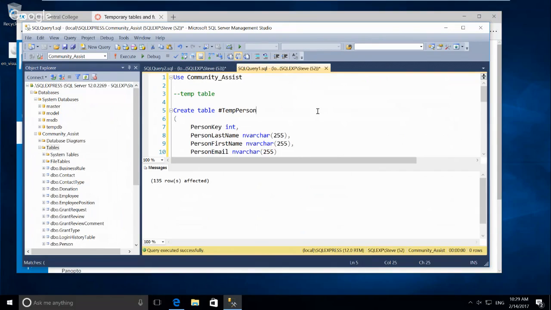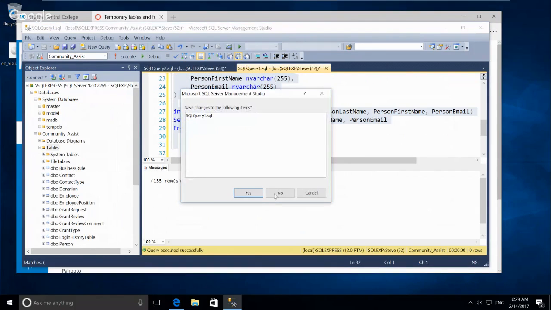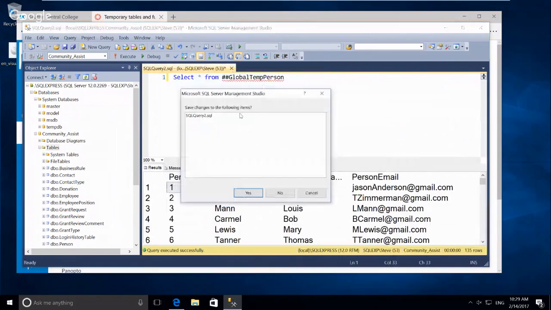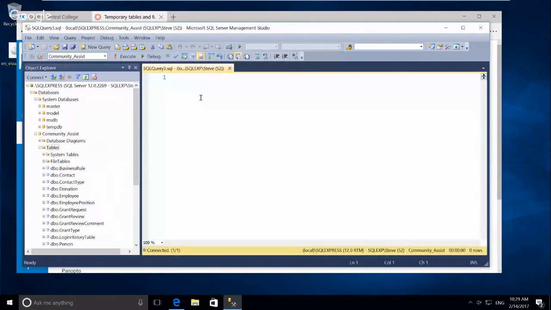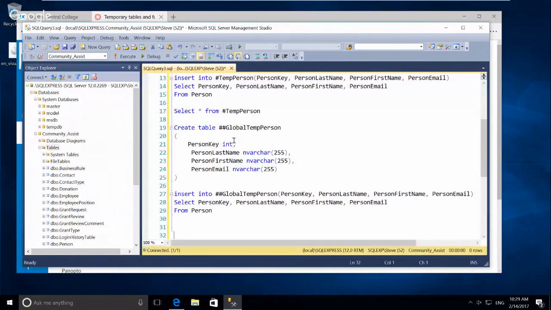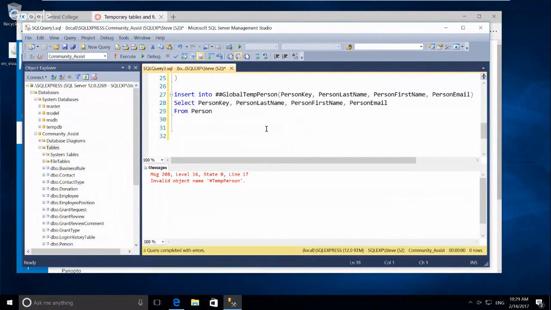So all right, I'm going to kill these. And then when I bring up a new query, even if I add this, when I do select from temp person, it should be gone. See, it doesn't exist. And even the global one should be